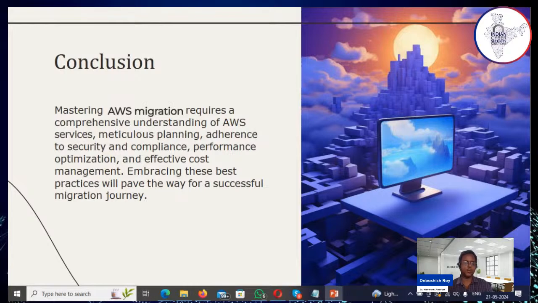So we can conclude that mastering the AWS migration definitely requires a comprehensive understanding of AWS services, meticulous planning, adherence to security and compliance, performance optimization, and effective cost management. So you have to embrace all these technologies together, and embracing these best practices will definitely pave the way for